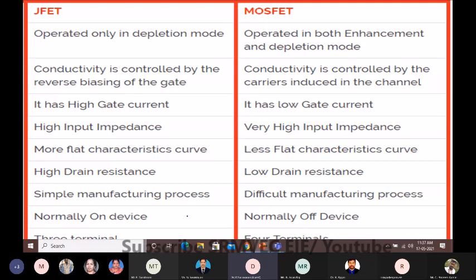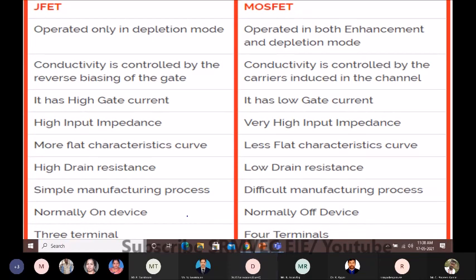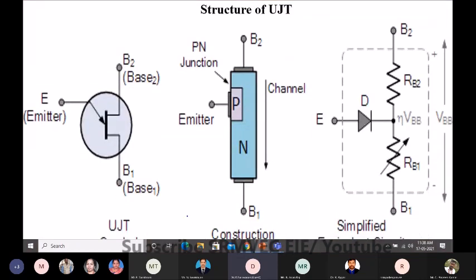Right. So here is a comparison between JFET and MOSFET, how it is offered. In JFET only depletion mode is available, whereas MOSFET can have no depletion. And you can see the MOSFET has very low gate current, and ideally gate control here. Other characteristics, time is limited, we will move to the next three more components I have to discuss.